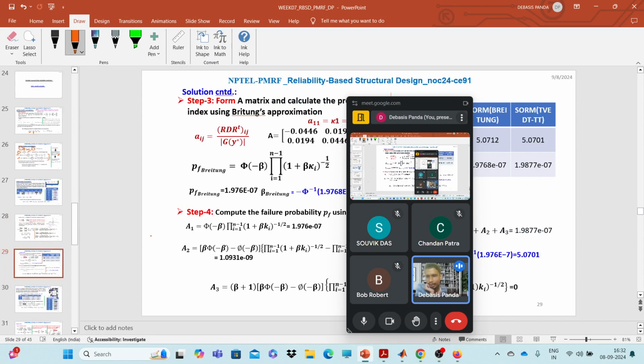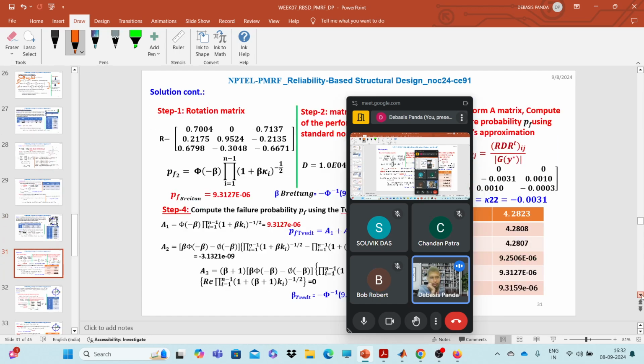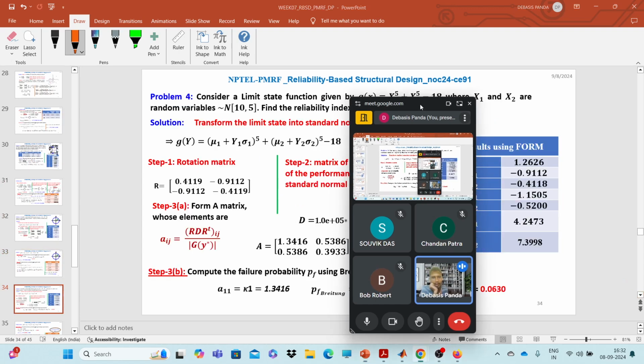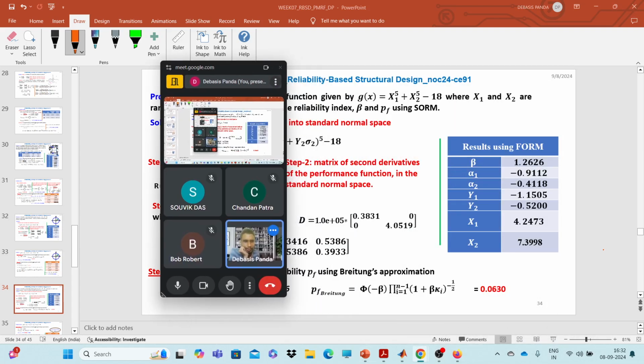Okay, the rest of the examples I have added here. You can go through them, you can run the code, and you can get all these values one by one. Let's see, for the highly nonlinear case, what the values should be if we incorporate the Wait model within this. So from the ppt you can see